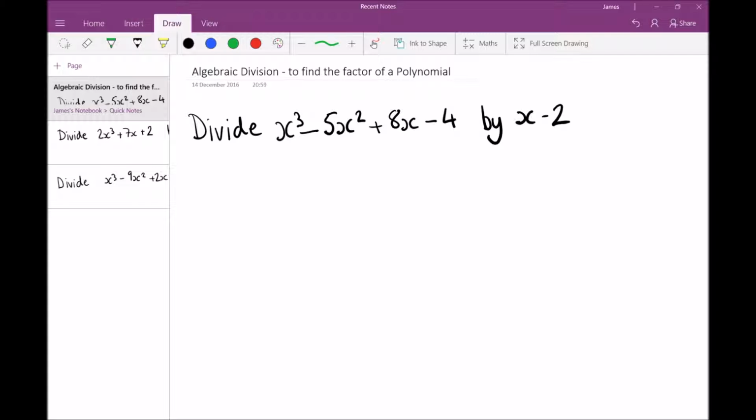Okay, so in this video we're going to do algebraic division to find the factor of a polynomial. So basically we divide x cubed minus 5x squared plus 8x minus 4 by x minus 2 to find out whether x minus 2 is a factor. And we know it's a factor if we get a remainder of 0. So to do this we use the long division method, so I'll write it out for you. So x minus 2